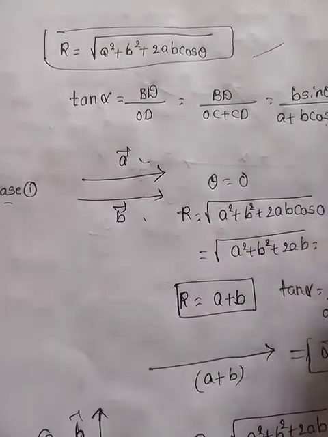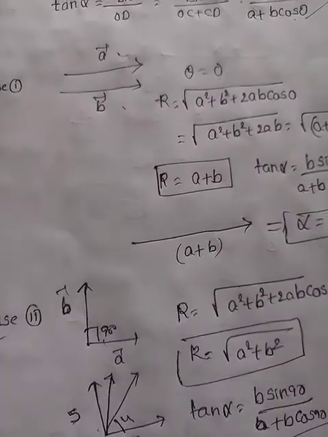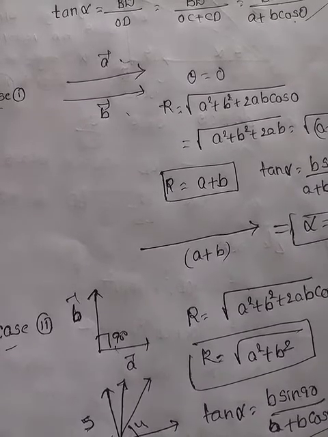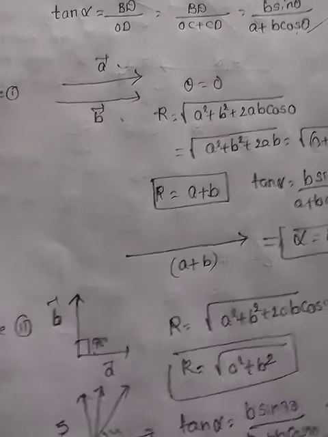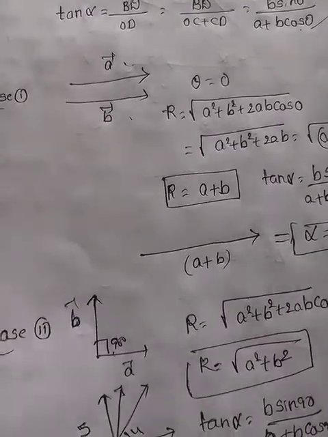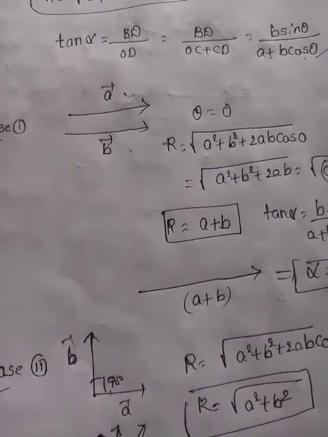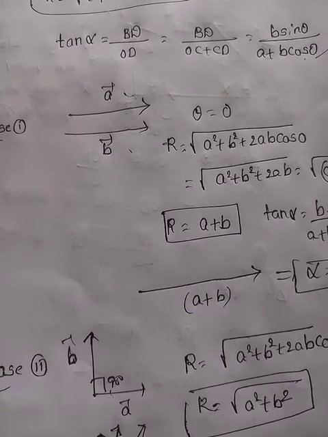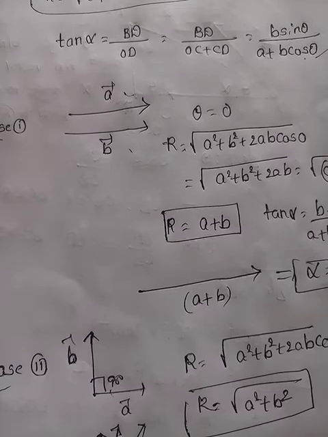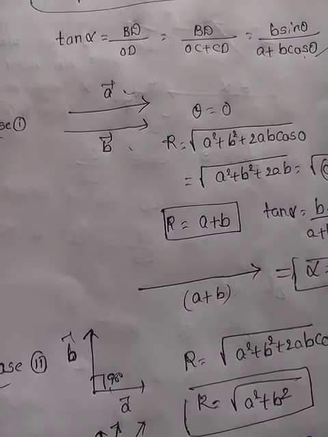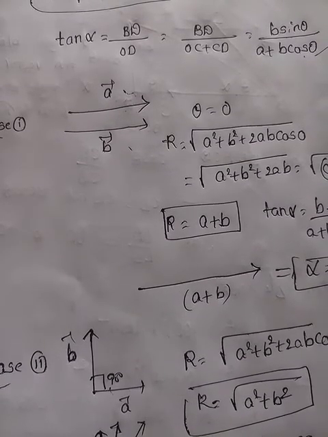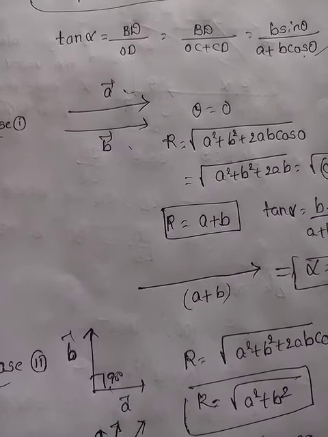We find the direction and we have taken different cases. We proved we can find the resultant of two vectors at any angle by using the parallelogram law of vector addition. Next class, because we have a doubt that, sir, can we have only two vectors? No. We have n number of vectors, but we can add only two vectors by using this method. If we have more than two vectors, what can we do? We have one more law, that is called the polygon law of vector addition, that we are going to discuss in the next class.